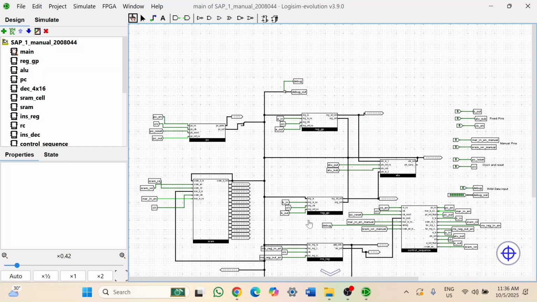Assalamualaikum. As part of our VLSI technology sessional course, this project involves designing a simple CPU, the SAP-1, using Logisim, with a key focus on implementing a control sequencer to enable automated operation. I am Saidur Rahman Amina, ID 2008044, and I am excited to demonstrate the design and implementation process of this CPU